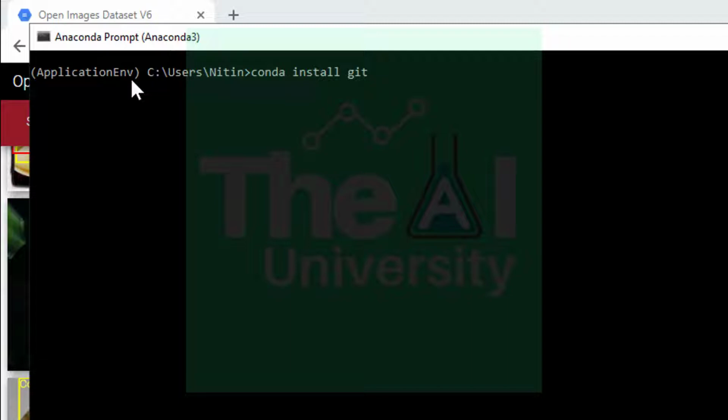Right now I have already activated my virtual environment, which is application env. You also need to activate your virtual environment before you run any command. On my system, Git is already installed, so I'm not going to run it again.